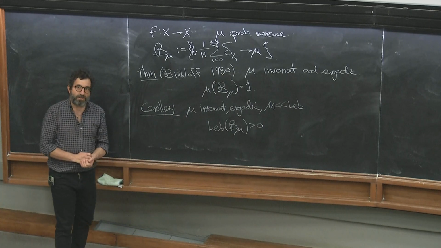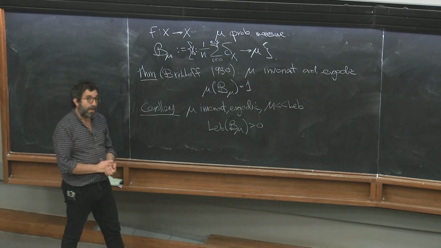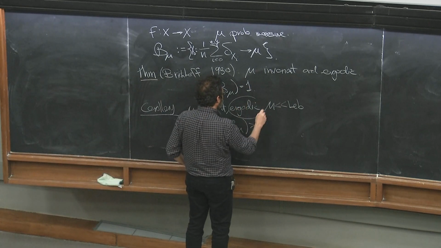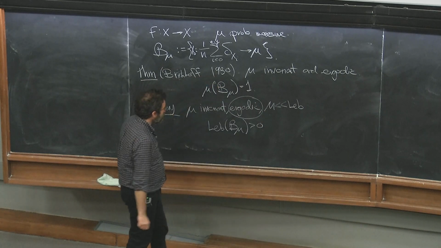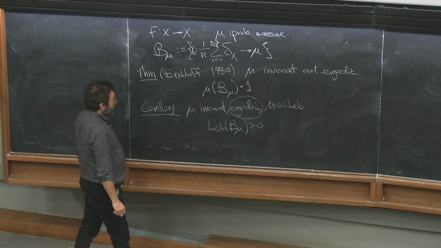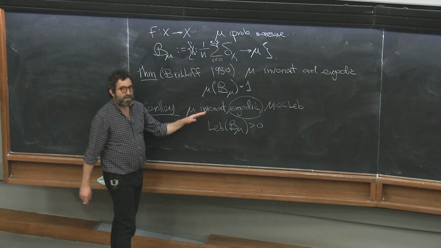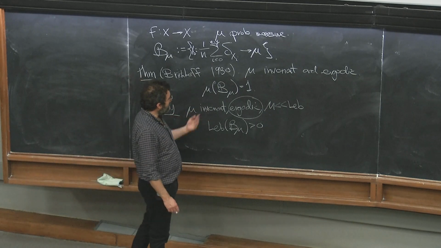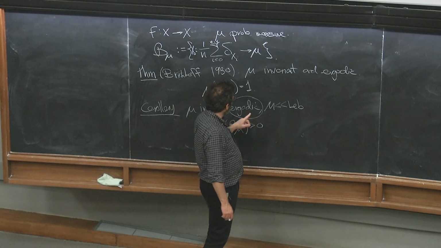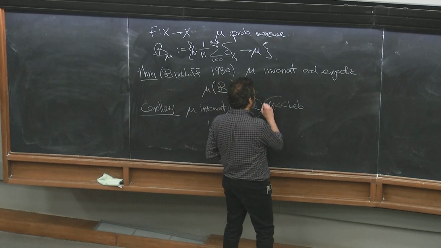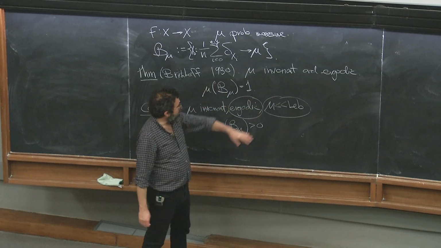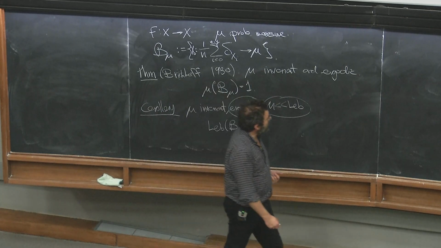So in many cases, the most difficult part is the ergodicity part. The existence of invariant measures is very general. We proved some theorems that in many general situations you have invariant measures. So the difficulty is the ergodicity and the absolute continuity in general. But in some cases, the absolute continuity is automatic.